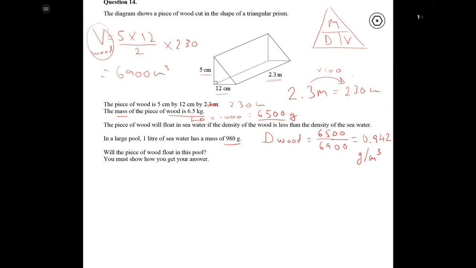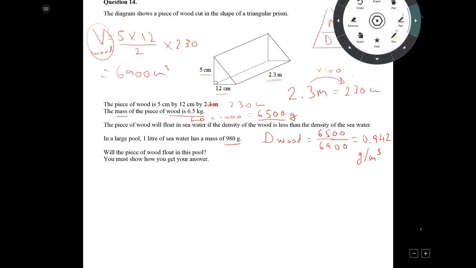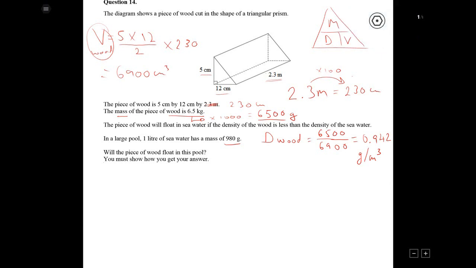Let's do something about the water, and I'm going to choose blue, probably predictively. Okay, so let's work on the water. Now it says in a large pool 1 liter of seawater has a mass of 980 grams, which is awesome, but it kind of feels like they're not giving you enough information to carry on. But they actually do, because in this bit here, 1 liter of seawater, or 1 liter,